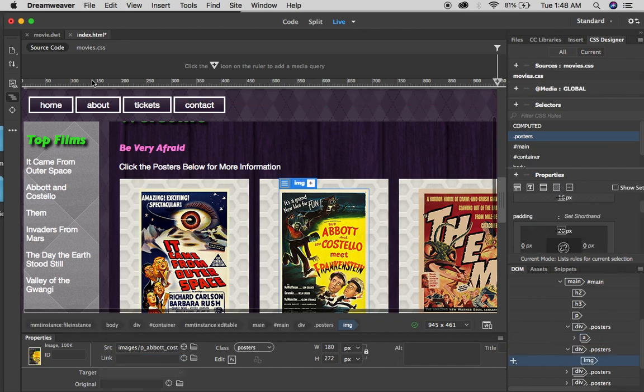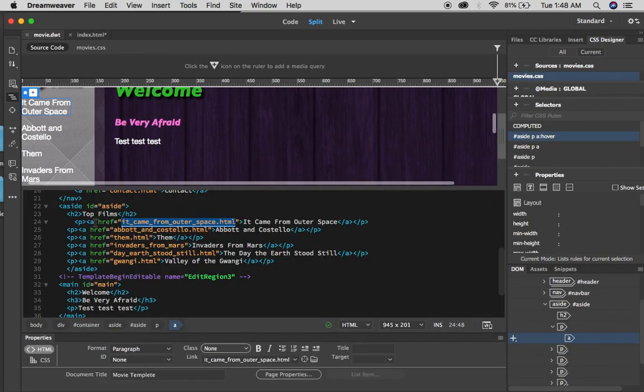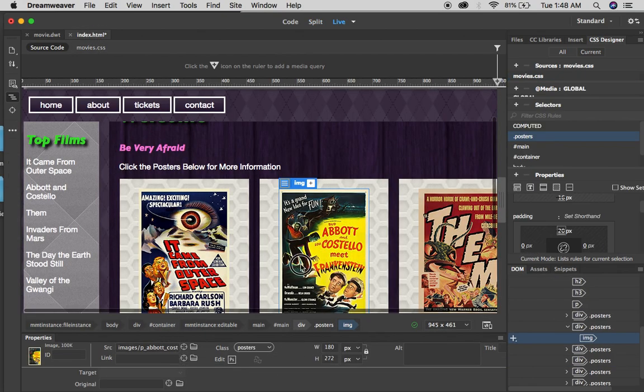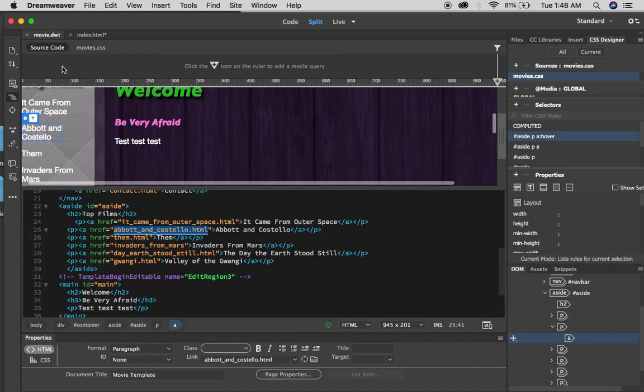Now those images become links, so they link to my actual pages. Put Abbott and Costello, come back here. There it is, Abbott and Costello, that's the name of my page, .html. Make sure I do not copy the quotes. Index page, this guy's selected, link. Them, same thing. Movie, them.html. Now, I could just retype these, but